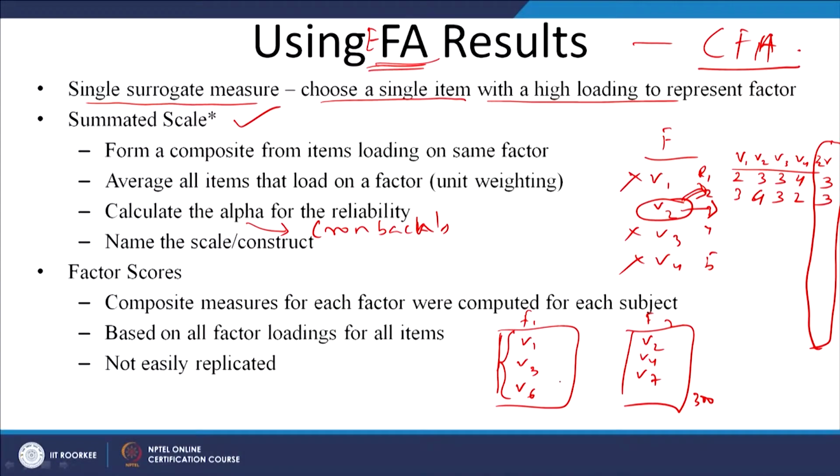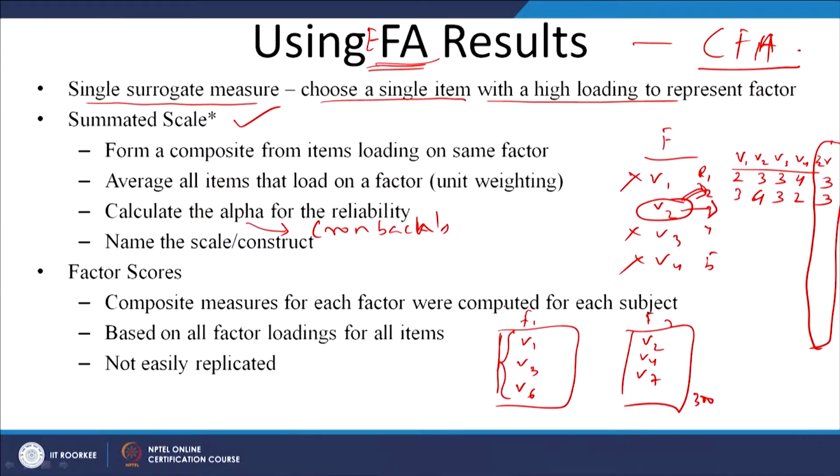If there is this strong correlation, then that means we will be measuring what we are intending to measure. The value of what we want to measure will be more or less repeatedly the same, that means it will be repeating the same result again and again. So, most of the variance will be explained. In this condition we find the reliability. How to measure reliability we will see. As I said, the Cronbach's alpha has to be measured. Now you name the scale or construct.